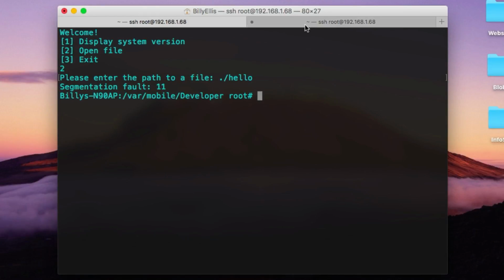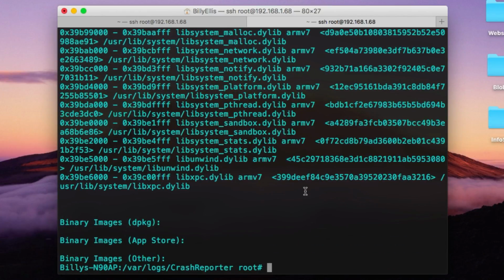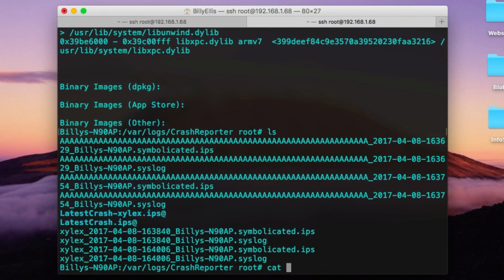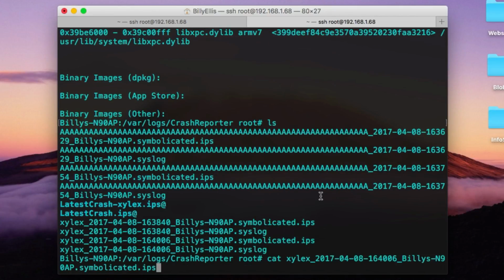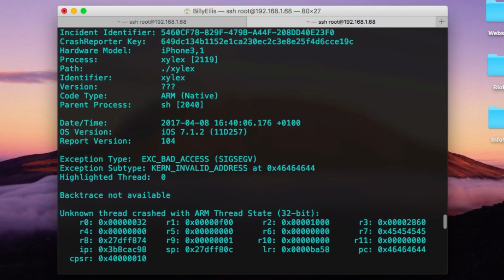Now this time we get it to crash again, but now when we view the latest crash report, what you'll notice is that instead of seeing the A's, the 4141, we should see the hex equivalent of whatever character we are on when it overwrote the program counter. So you can see now the PC contains